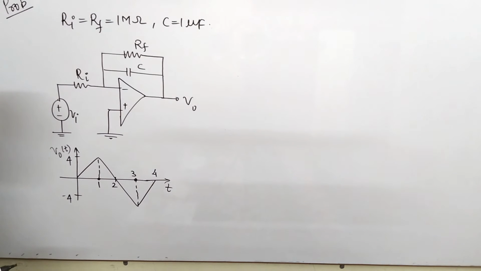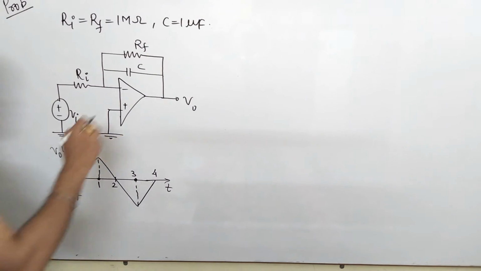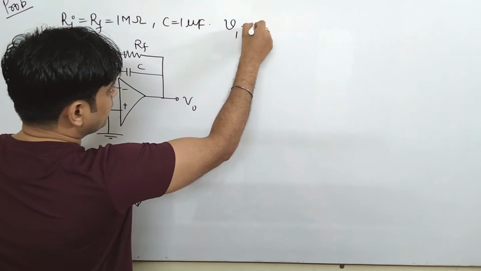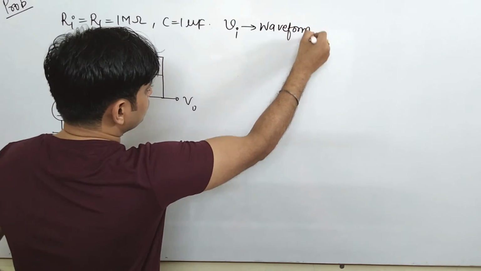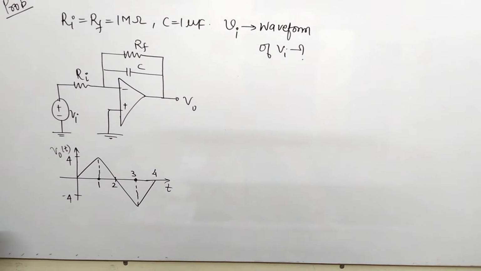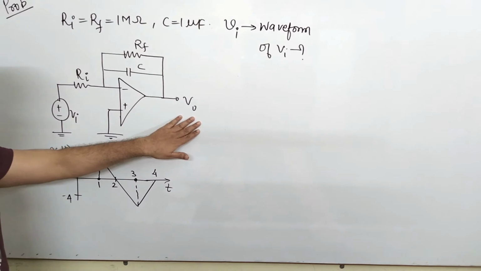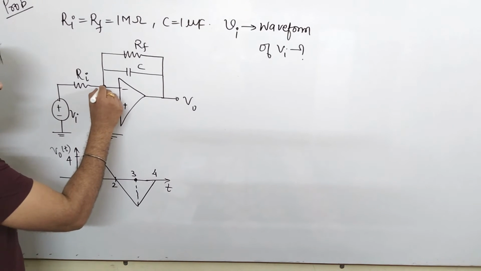Here we will try to understand the value of V0(t), the waveform of which is already mentioned here. Ri and Rf are mentioned here, and the value of C is also mentioned here. What you have to find is the waveform of Vi. Again, this is a very important question. With the help of the output which we know, we are trying to identify what Vi is. Again, a very good question. So we will see how we solve it.